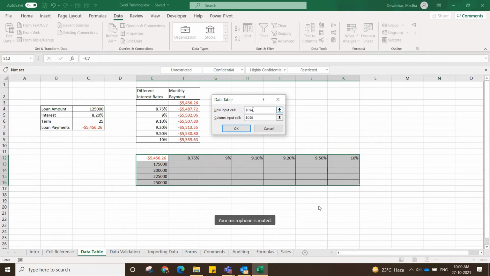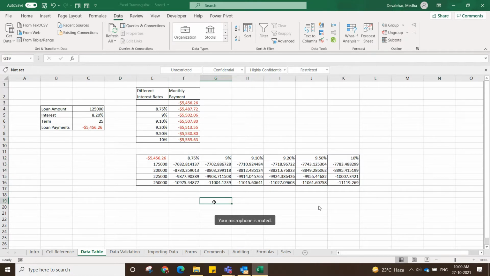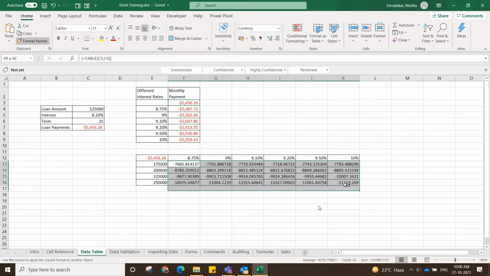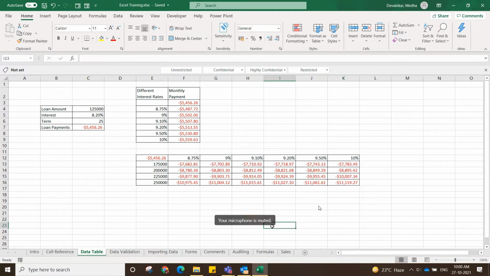Sorry, here should be B5, C5, here should be 4. Okay. Then once clicking OK, it will give us the same result based on the rate and the amount. You can copy the same formula, use format painting, and apply it here, so that it keeps the format of the cell as it is. Okay.